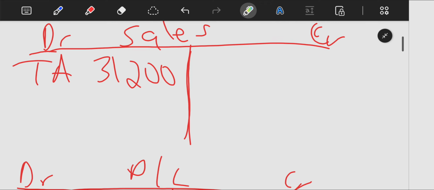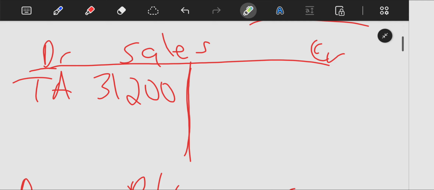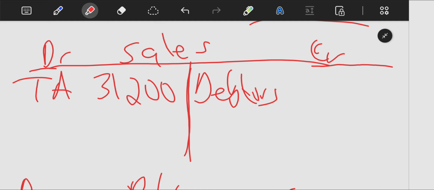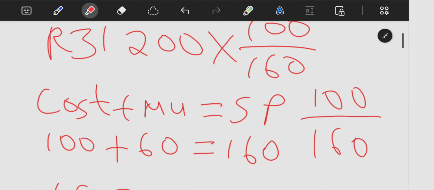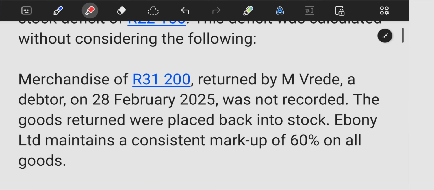Right, now this is our sales. From these sales, how was this sales realized? It was realized through a debtor. We're going to have debtors control here, 31,200. Who is that debtor? Is the Mfrede. Remember,